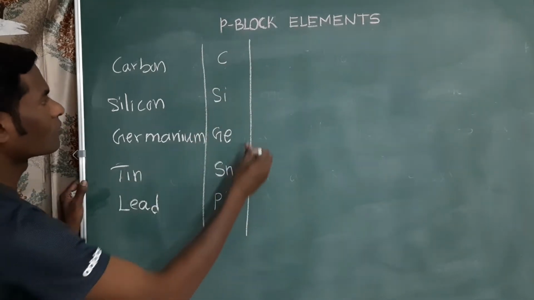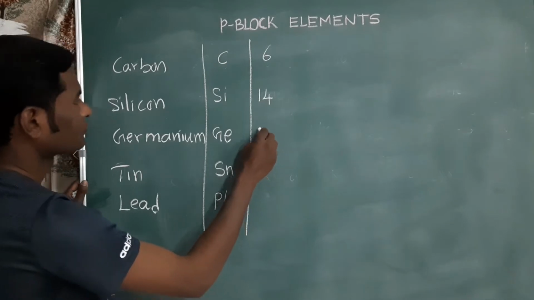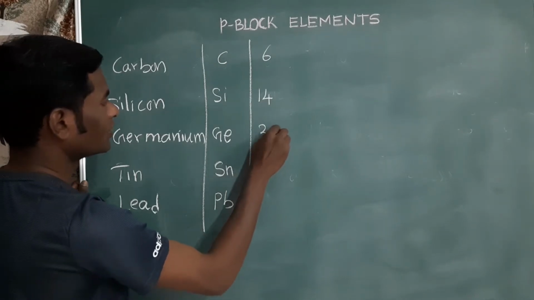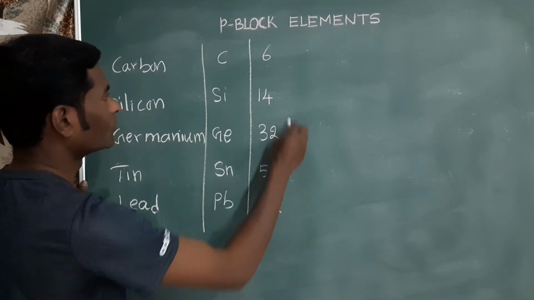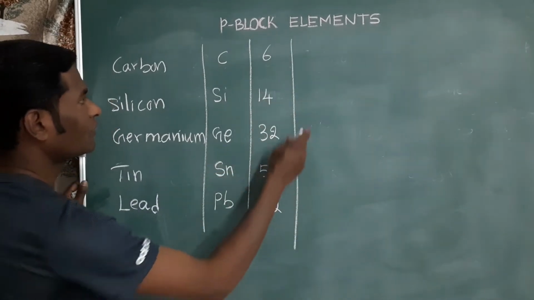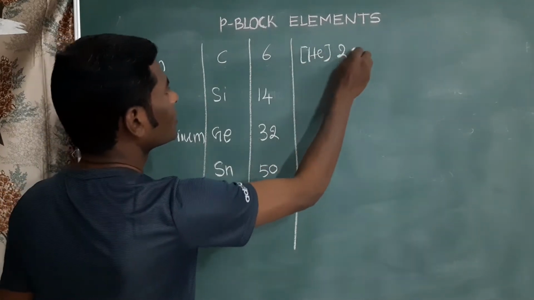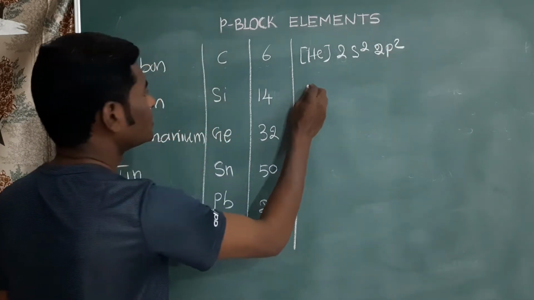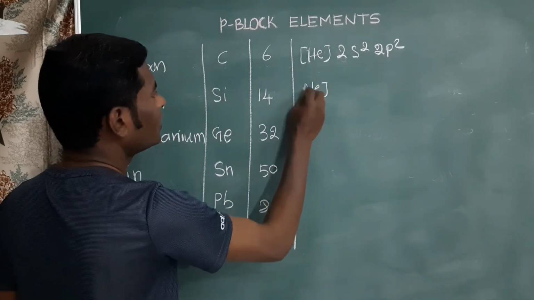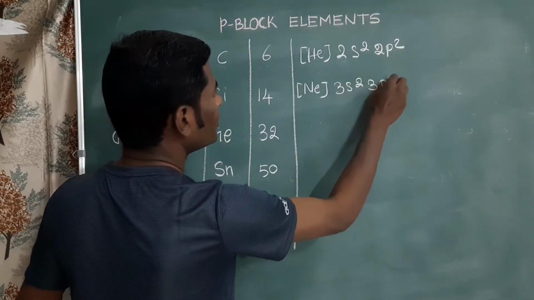Atomic number of carbon 6, silicon 14, germanium 32, tin 50, lead 82. Electronic configuration of carbon: helium followed by 2s2 2p2, silicon neon followed by 3s2 3p2,